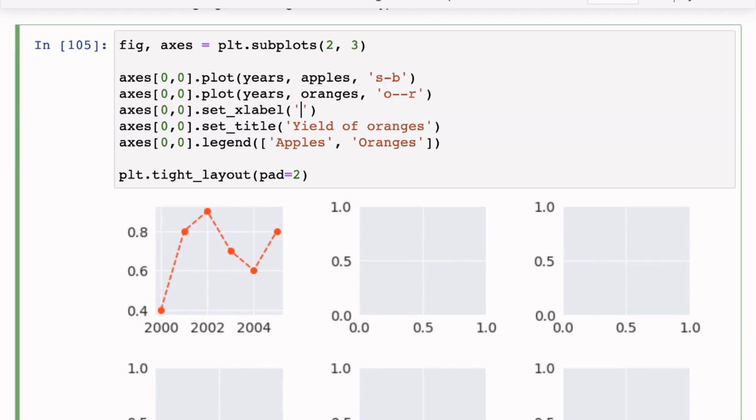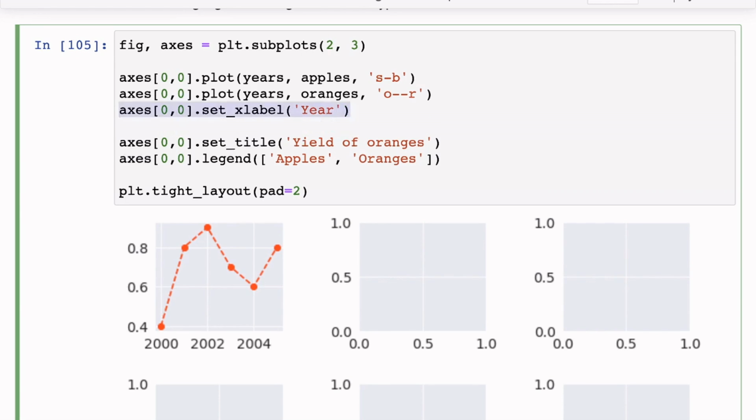This is just an implementation detail within matplotlib, which unfortunately we have to deal with. So the X label is the year, and similarly the Y label is the yield in tons per hectare.